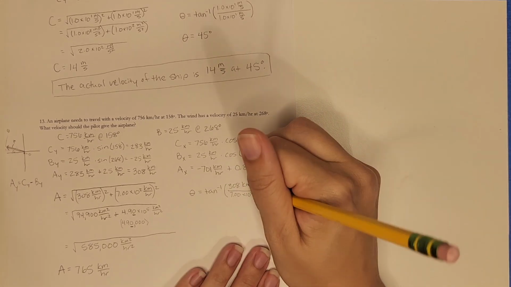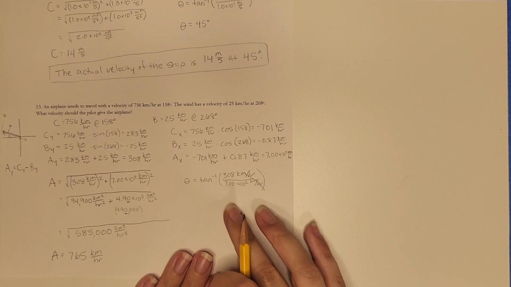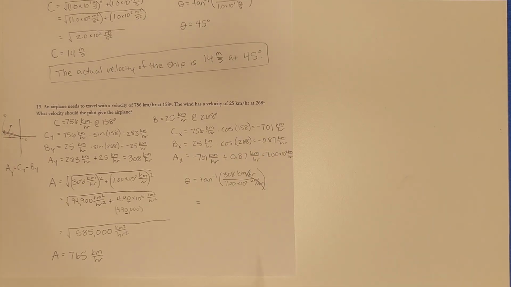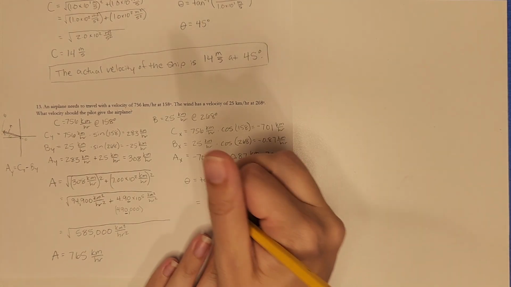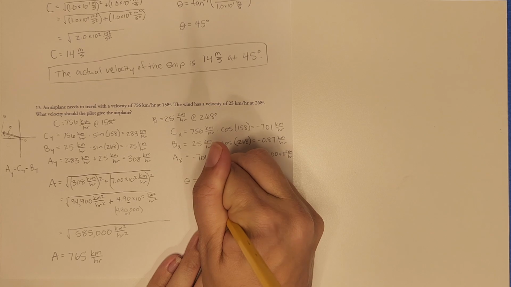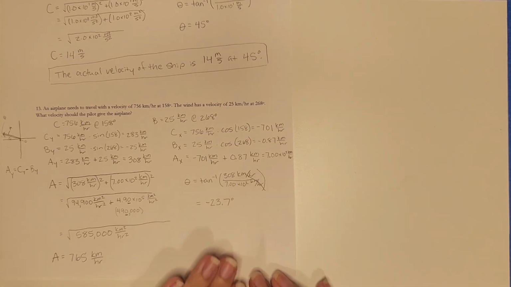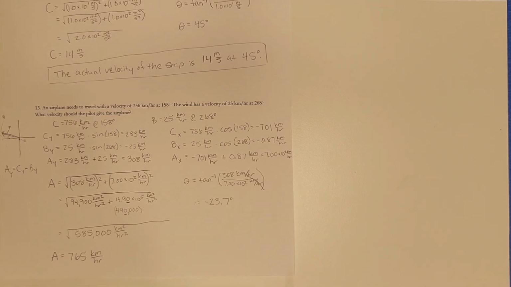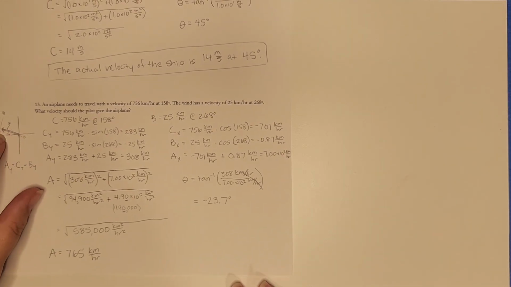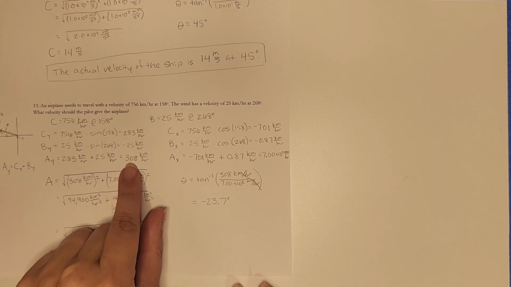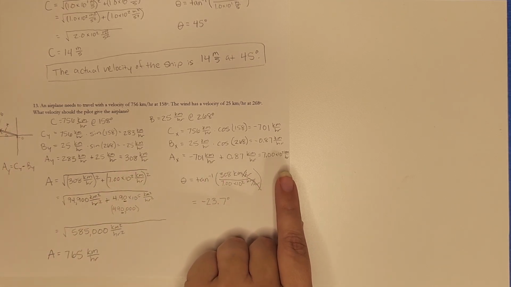Okay, these are going to cancel so that I'm left with a unitless number, and that number is going to be negative 23.7 degrees. Okay, we know it can't be that, right? And we know that we are in quadrant 2, both from here and the fact that we have a positive y and